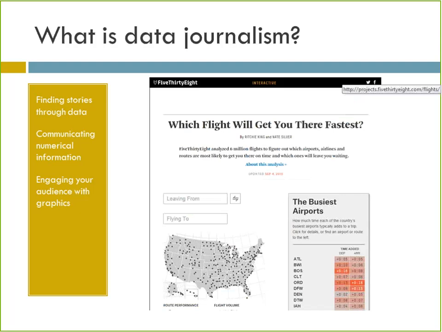Another blog that's really good for data journalism is 538. That's written by a guy named Nate Silver and his team. Nate Silver wrote a very famous book about data. This is a really cool one too because they do a lot of interactive stuff. So for example, in this one, he asks you, where's your closest airport and where are you trying to go? And then talks about how you would get there fastest, so which airline and that kind of thing.